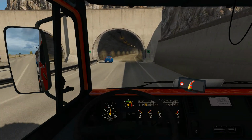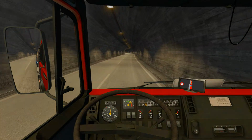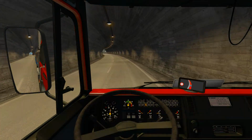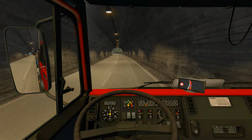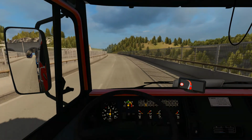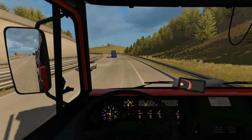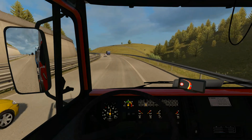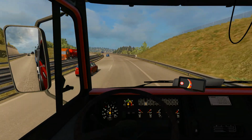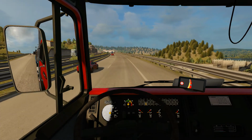One last thing, because I want to end on something positive. The one last thing about this truck that I found just fantastic is that when the wipers are on, not only do the wipers on the windscreen work, but the front lights have working wipers as well. It could be me never noticing that before, but I've never seen that on another truck before, ever. When I saw that the first time, it was just fantastic, and I wish it would rain more often because I loved watching that. So to conclude, this truck is just fantastic, and from the bottom of my Scania heart, I love this Iveco